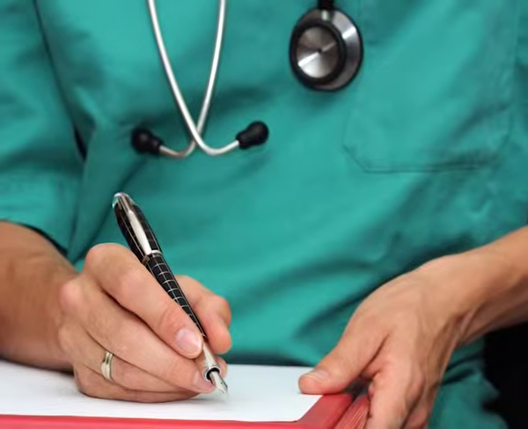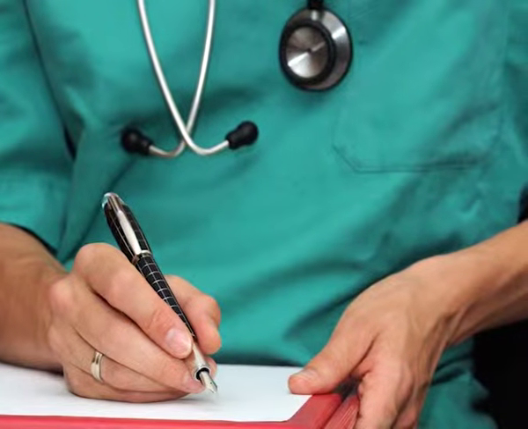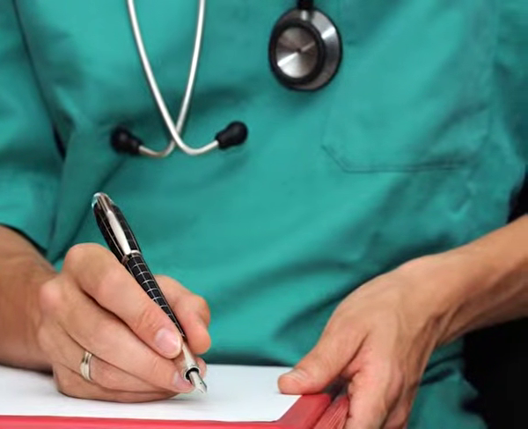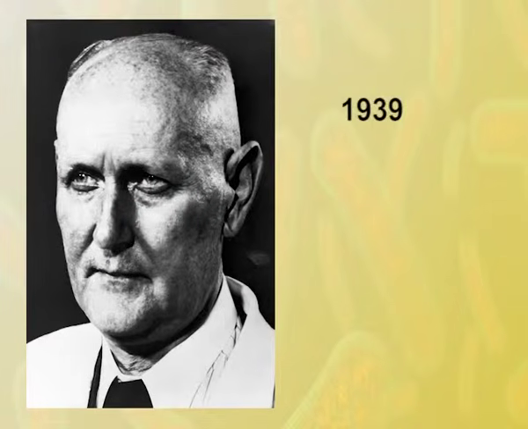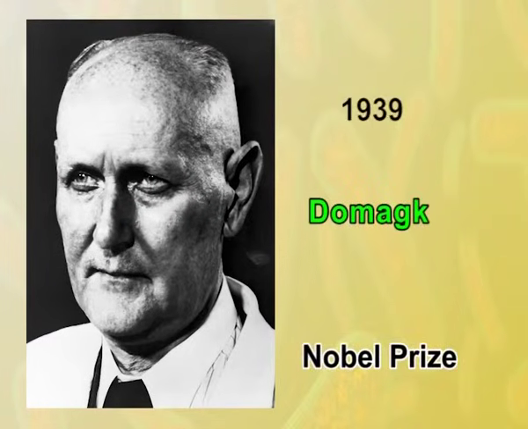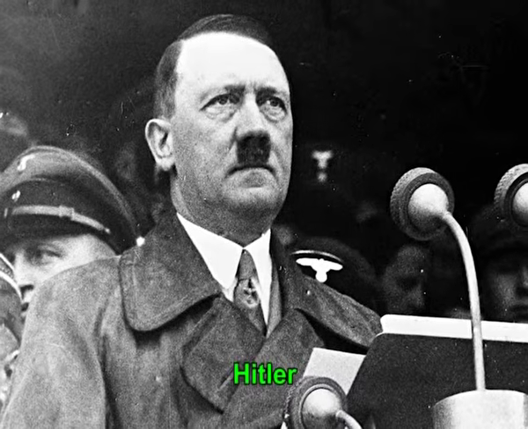Clinical use of prontosil soon spread from Germany across the borders. In 1939, Domagk earned a Nobel Prize in Medicine for this important discovery, but an order from Hitler prevented Domagk